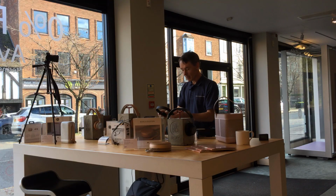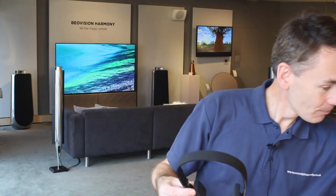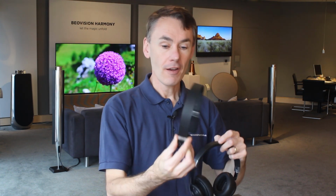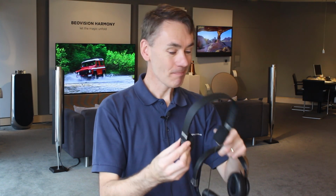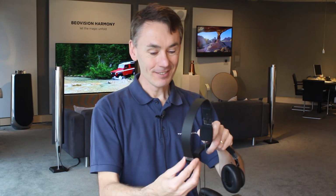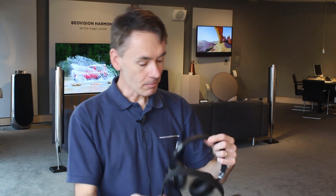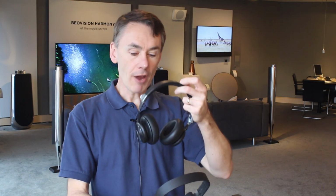And then at the welterweight end of the scale, H4s and Form 2s, that's quite close, to be honest. The Form 2s still have a lot in their favour. Their minuscule size, the unique styling, and good, really good sound quality. Still mean they're a contender, but if you're willing to sacrifice just that little bit of extra heft and a little bit of extra size, then the H4s really do surpass them, particularly the new model that's now out